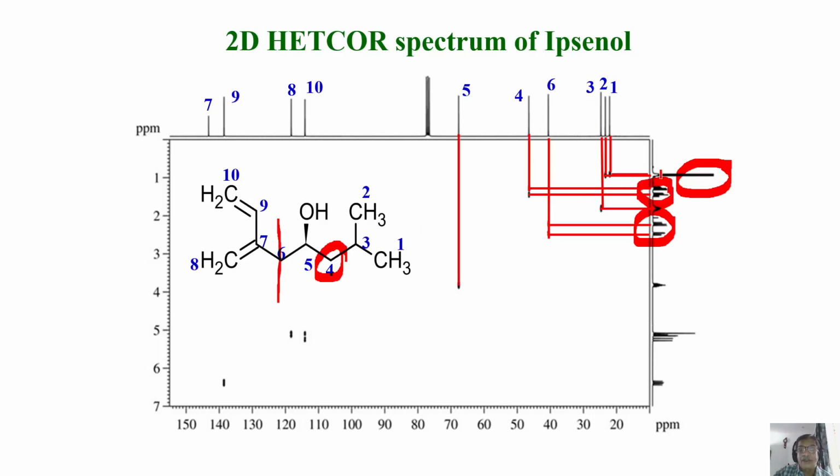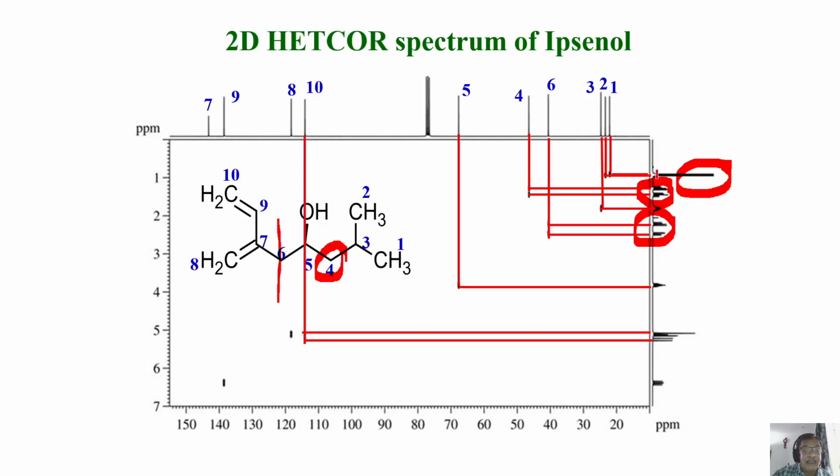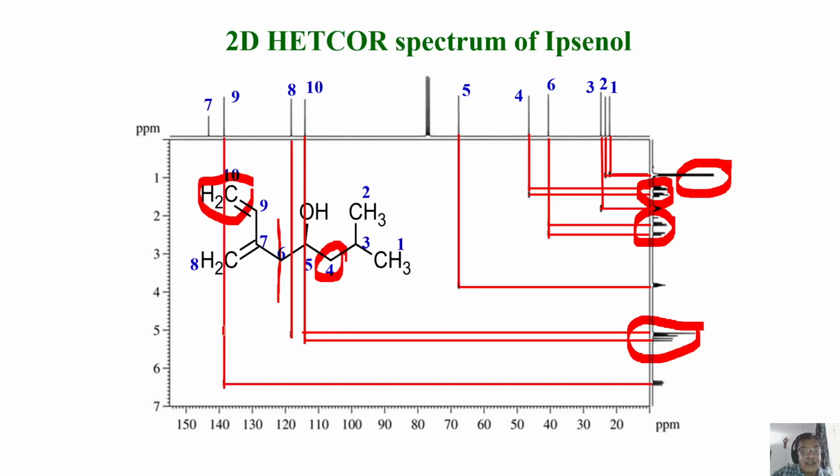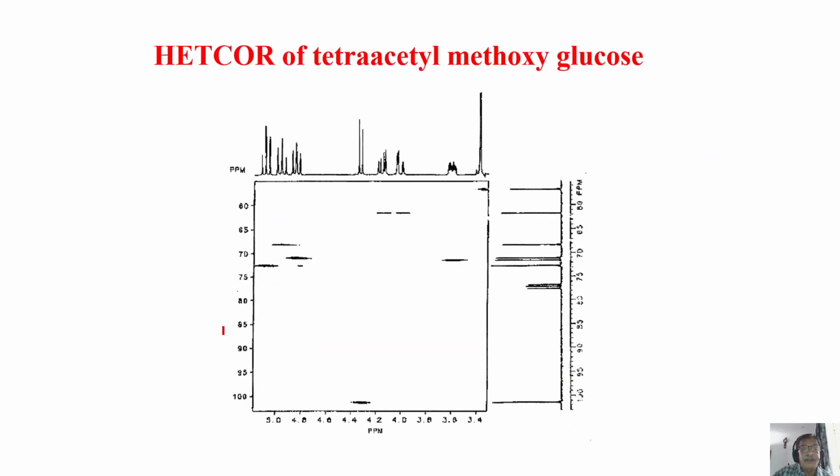Like that, you can start doing the analysis, and you see the proton 10 again. Interestingly, it has two peaks here, correlating to two peaks. Maybe they are non-equivalent here. So you can very easily identify all the protons to all the carbons they are attached to. Of course, you can keep extending. Analysis of the HETCOR spectrum is very simple.